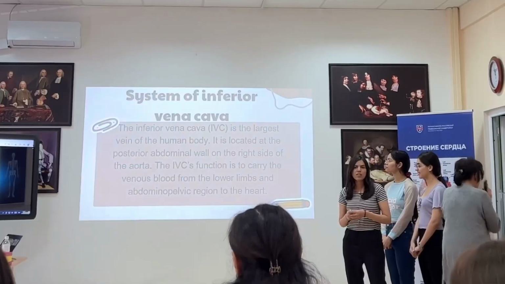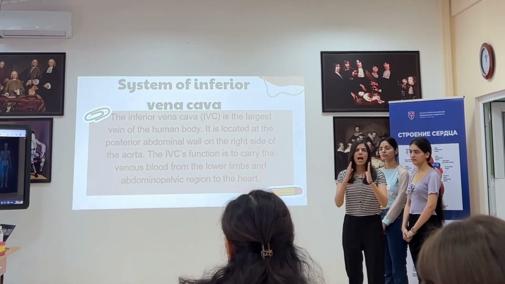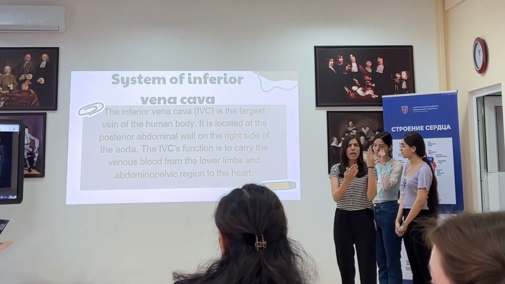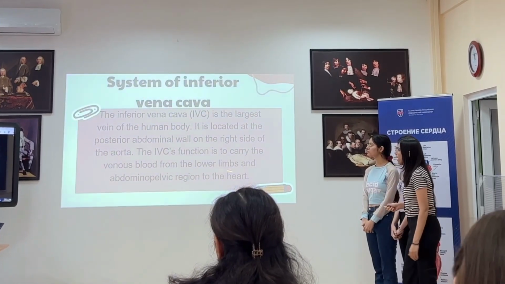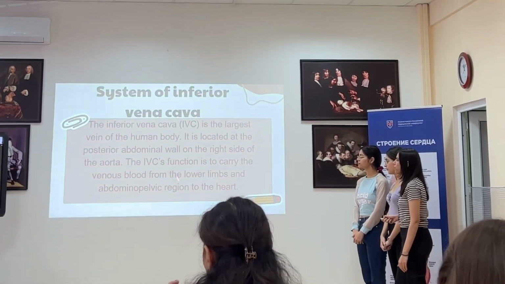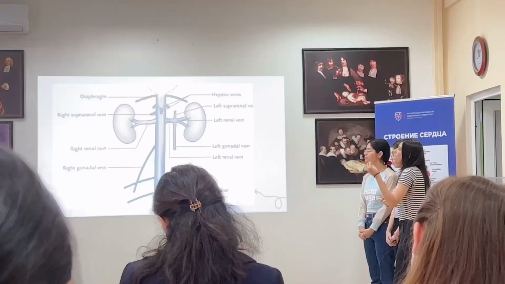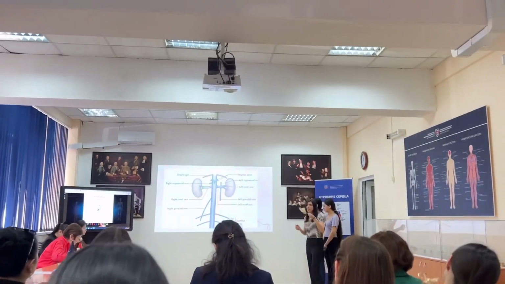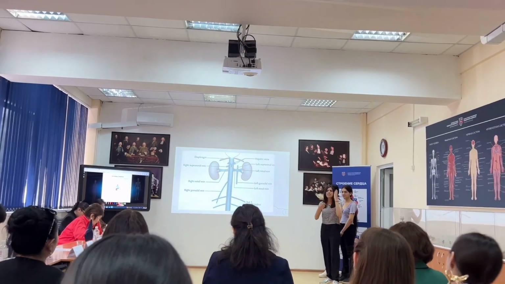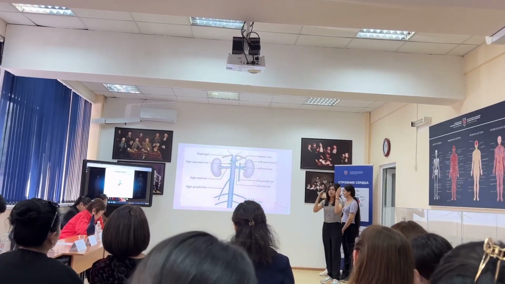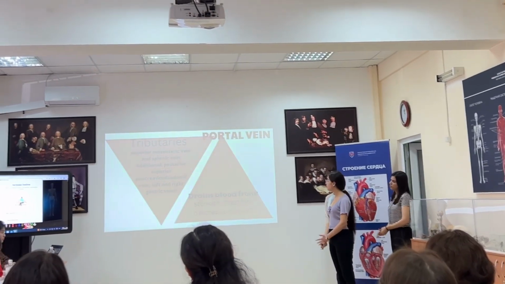Next slide. It is just on the right side of the abdominal aorta and it is just beneath the abdominal walls. So it carries the venous blood from the lower extremities and the pelvic regions to the heart. Next slide. And the further blood transport takes place towards the liver, to the posterior side of the liver, which has the groove present. Certain organs of the body are supplied by the portal vein.